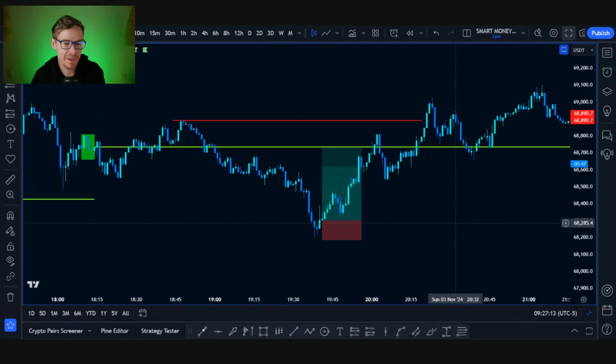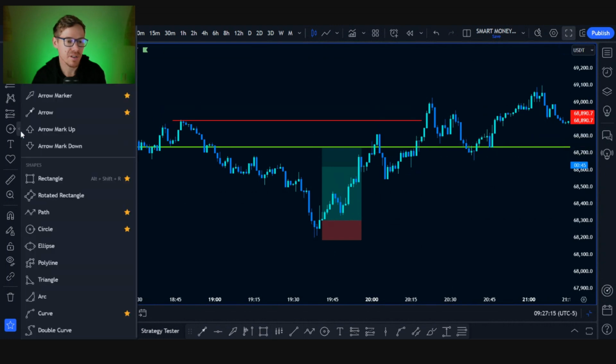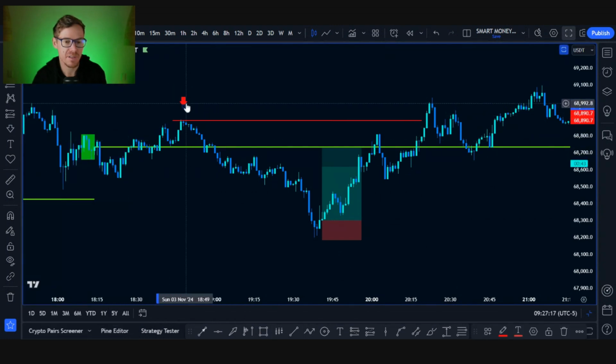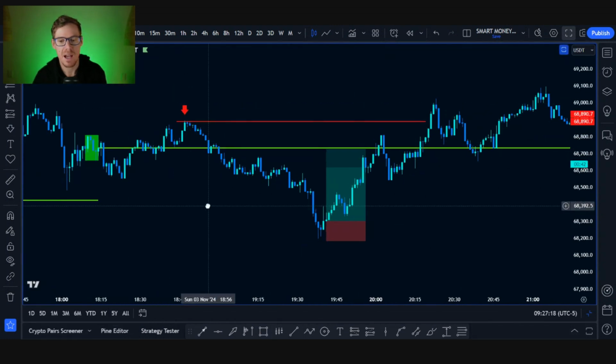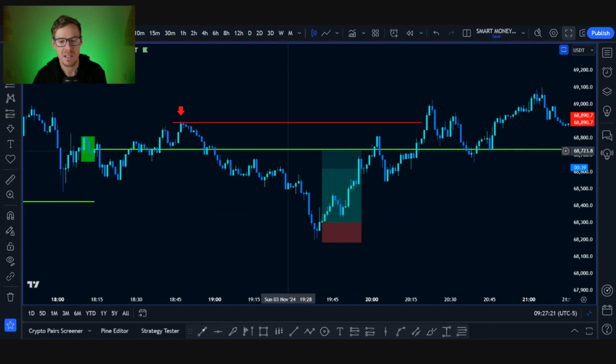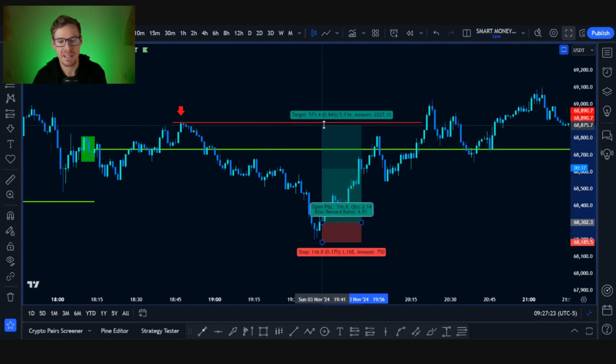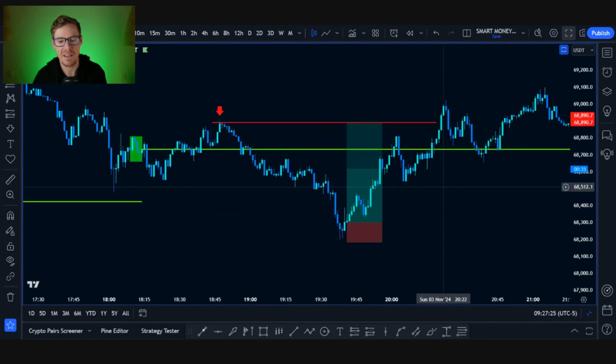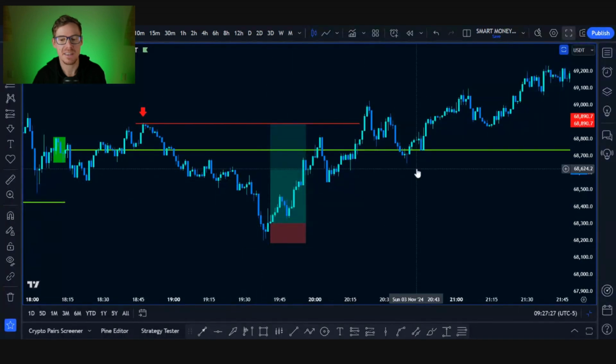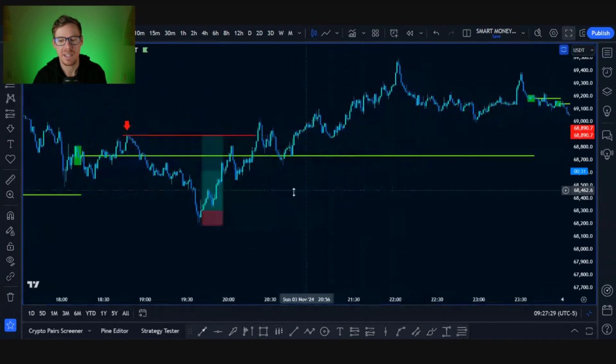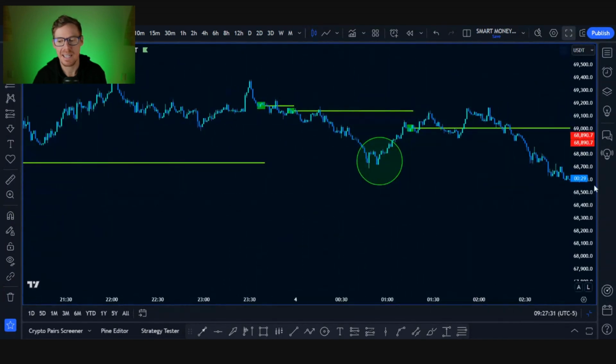Because remember, liquidity lines are placed on the swing high point. So you can see over there, that's a swing high point. So that's a liquidity line. So this would have been our second take profit area at that level. And you can see price hit it, then retraced from there. If we keep going, you can see here would have been another